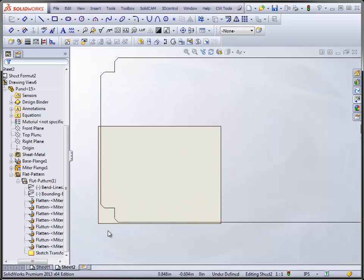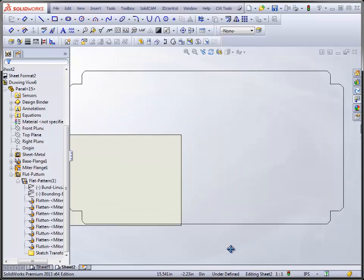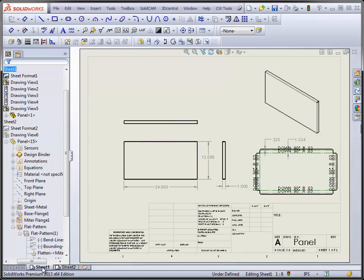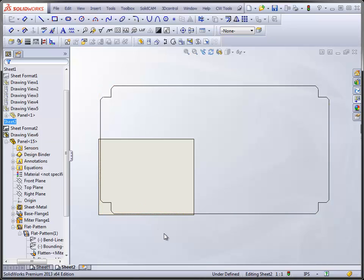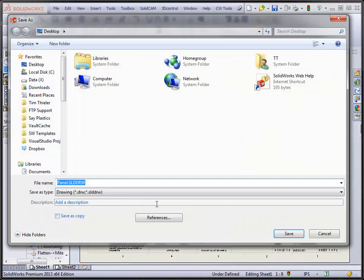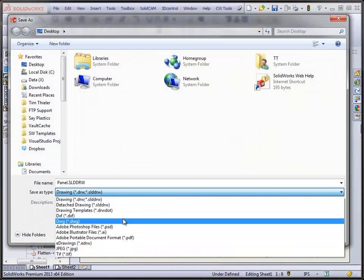When this exports to DWG or DXF, the corner down here of the paper is going to become the world coordinate system, the AutoCAD origin 0,0. A lot of the older plasma tables could only work in positive coordinate space, so it's a good idea to move it up like that. So now we have a sheet that has dimensions on it, and we have a sheet that has our flat on it. We can save this document to a DWG or DXF,